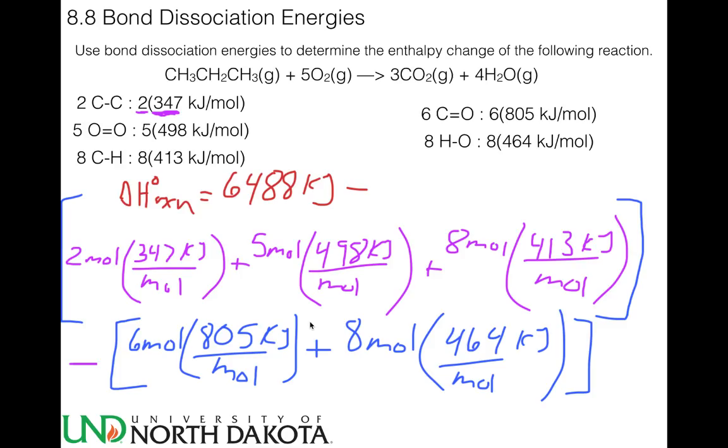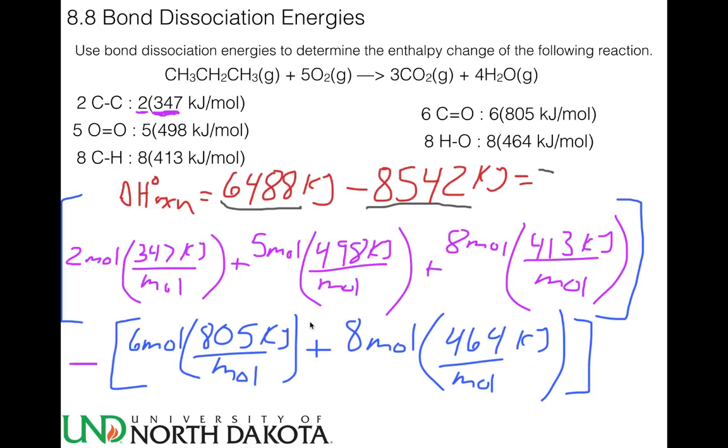For finding our products, we'll take 6 times 805 plus 8 times 464, and that gives us 8,542 kilojoules. And so, taking our 6,488 kilojoules minus our 8,542 kilojoules, we will get a delta H naught reaction value